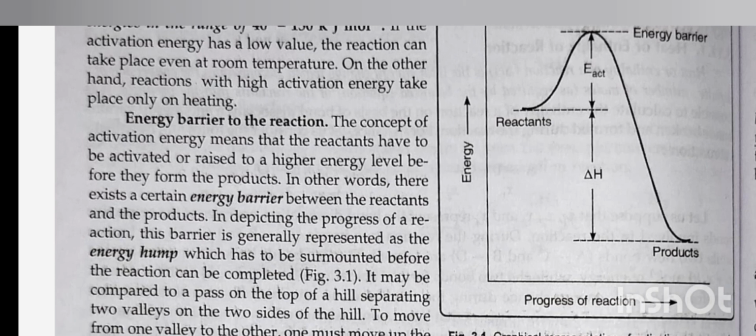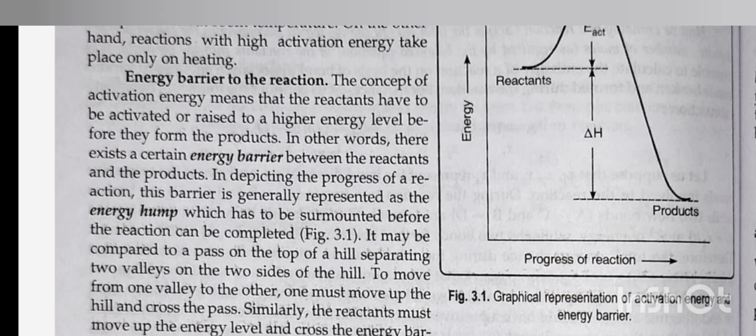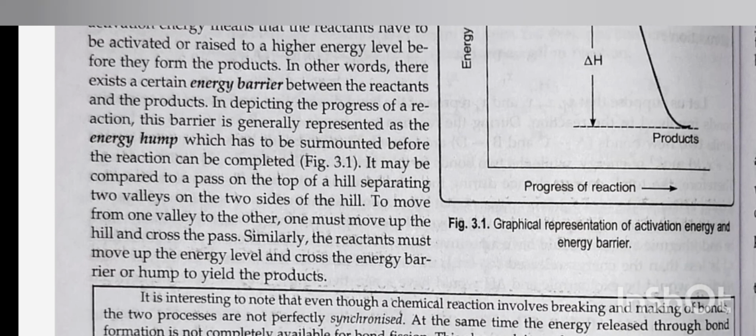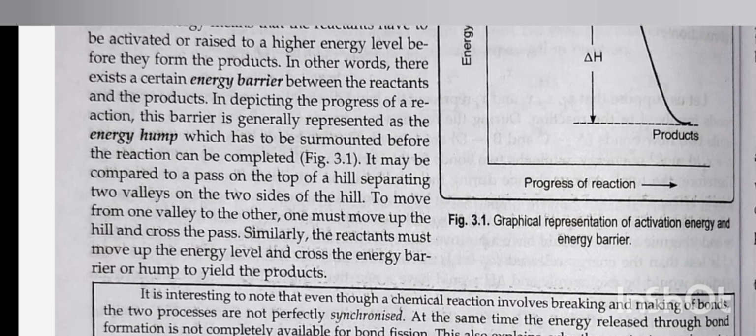Energy barrier to the reaction. The concept of activation energy means that the reactants have to be activated or raised to a higher energy level before they form the product. In other words, there exists a certain energy barrier between the reactant and the product in the energy diagram depicting the progress of a reaction. The barrier is generally represented as the energy hump, which has to be surmounted before the reaction can be